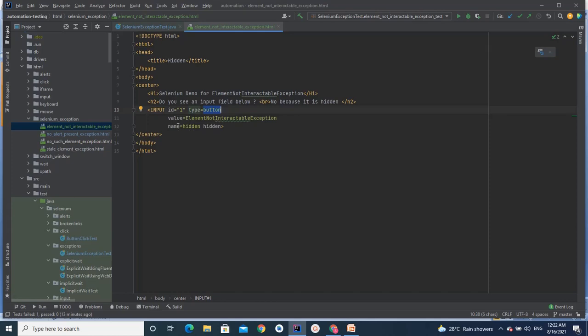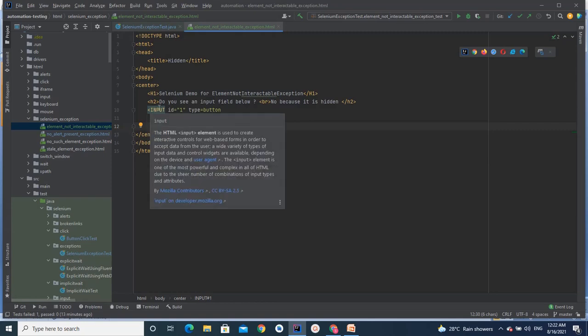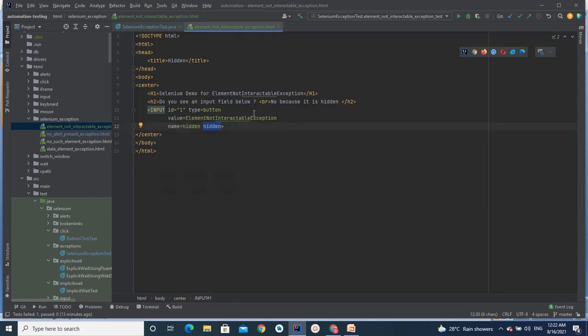So actually it is a button, and the caption of this particular button is element non-interactable exception, and the name of this particular button is hidden, and the last attribute, which is very important, is hidden. That means when we open this HTML page in the browser, this button will not appear.